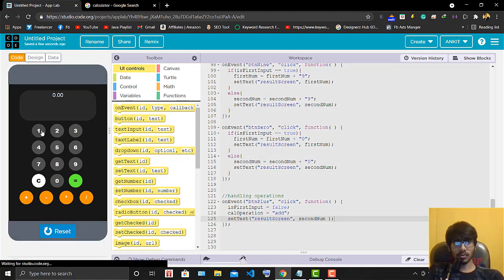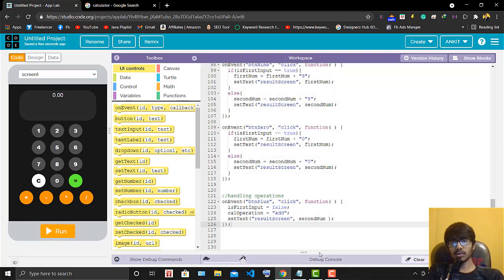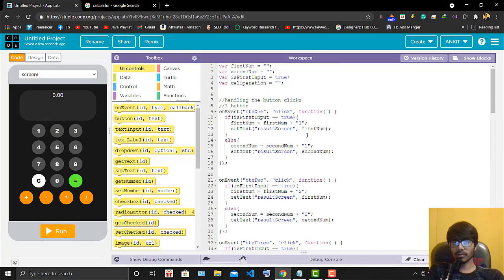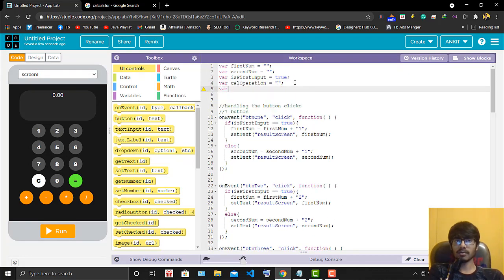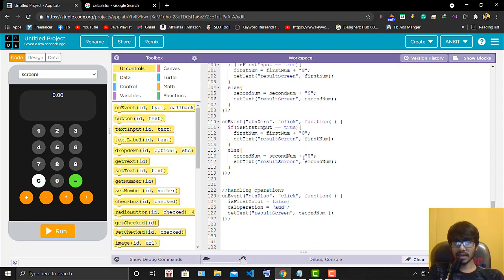Okay, so now 1 2 plus, now let's see it go on. Now it's working, the second input is going on, but we can't see it just because we wrote second num, right? So that's why we do not need this. So we will declare one more variable here, let's say so cal text. And in so cal text I will update the value.